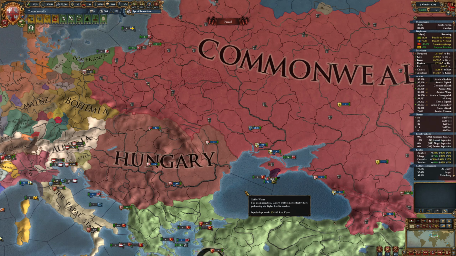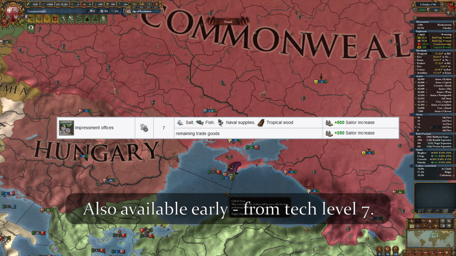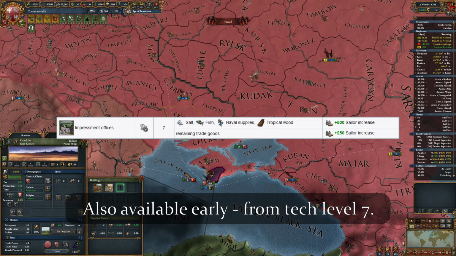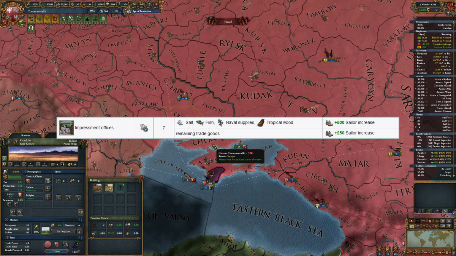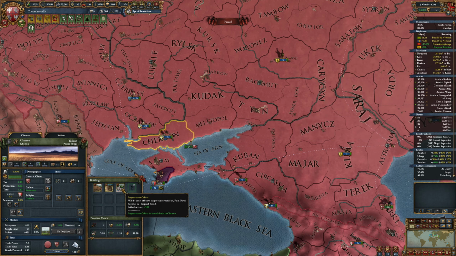You can use a similar trick with impressment offices. Impressment offices are the sailor equivalent of soldier households. They provide 250 sailors if you're producing the wrong good, but 500 if you're producing the right good. And here is one of my provinces that produces the right good and has impressment offices producing 500 sailors. Now, you can't do exactly the same trick with impressment offices as with soldier households, just because there is no edict that improves sailors